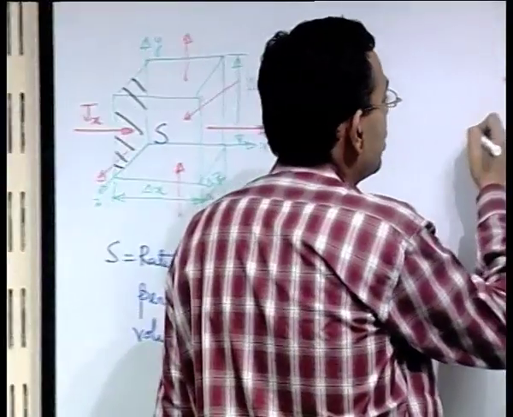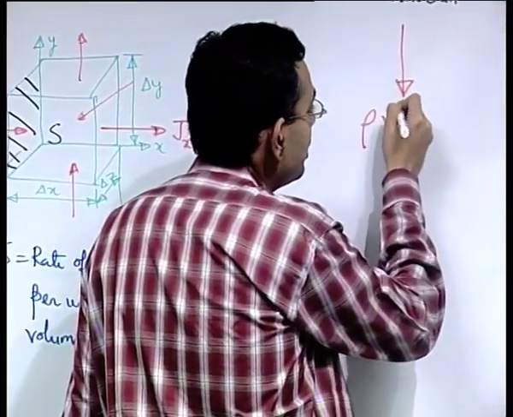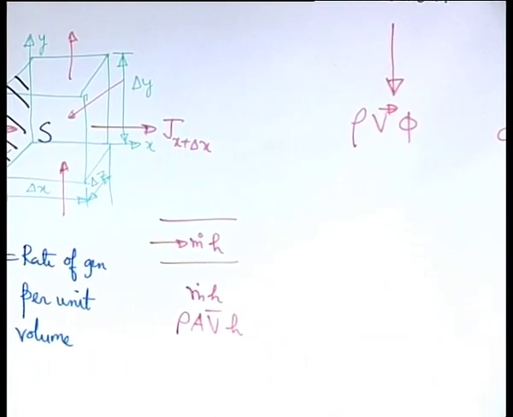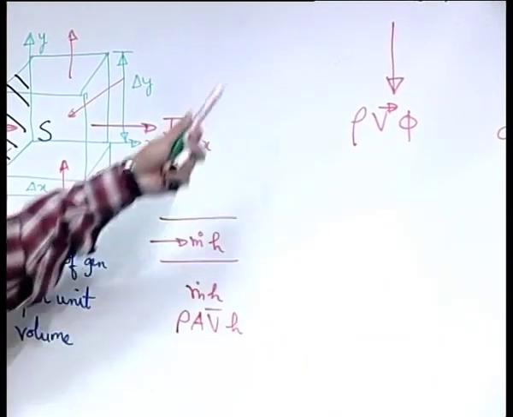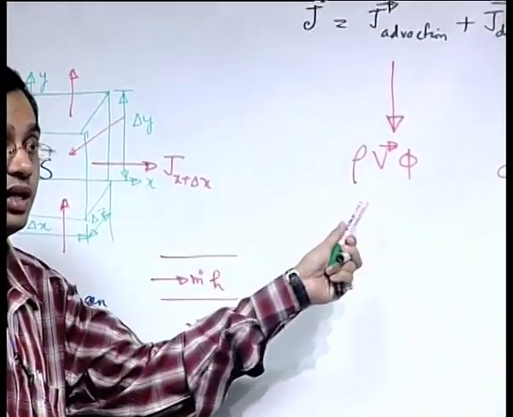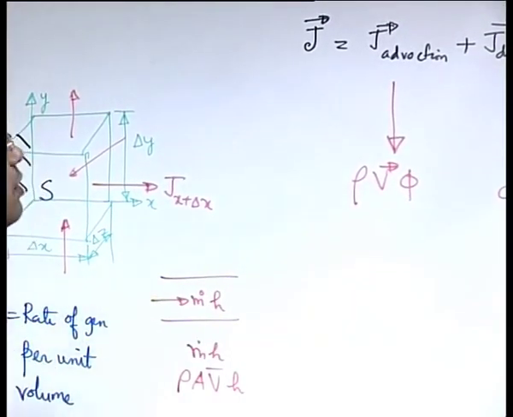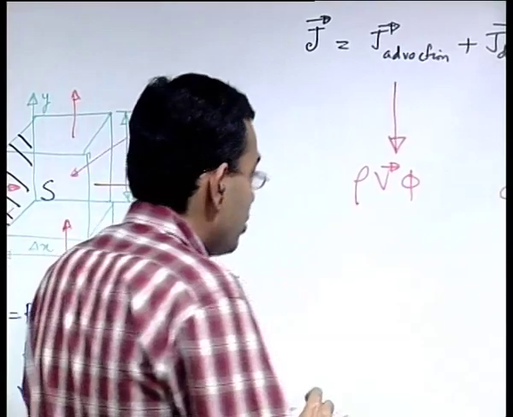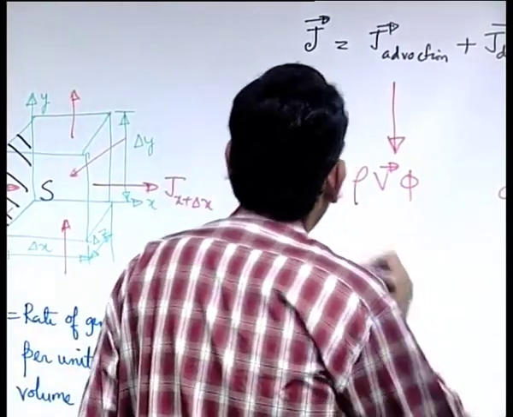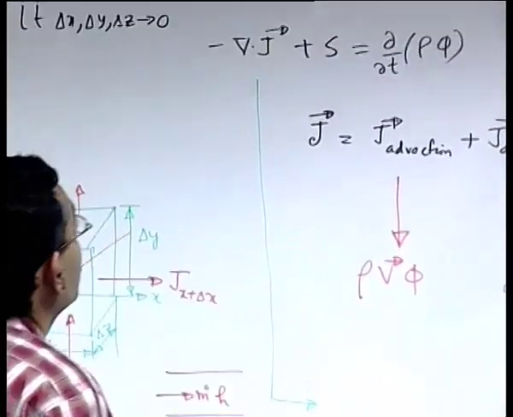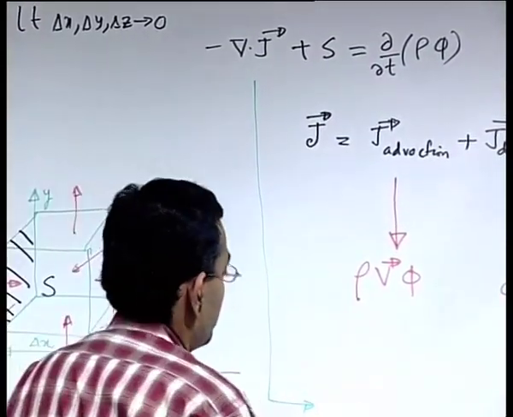So it is rho into velocity into phi, okay, because this is flux, this is per unit area. So you can follow from this example why it should be rho v phi. So we can substitute that in the equation for the flux. So minus